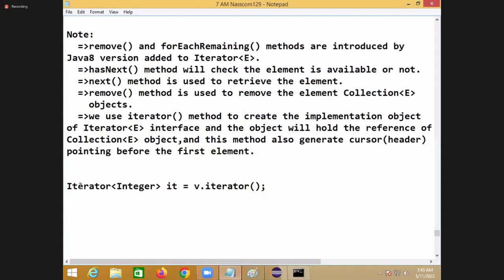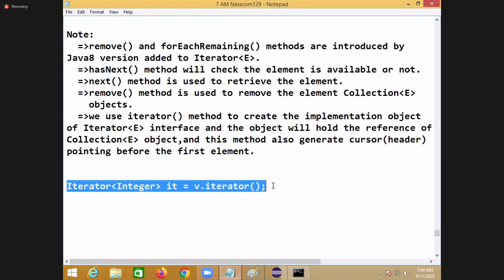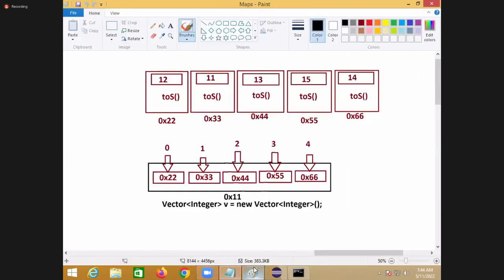This is the syntax. Here the iterator is working on Integer objects. That's the meaning: the iterator is going to retrieve integer objects. From where? From v.iterator(). This one. In this diagram, if I want to add the iterator,